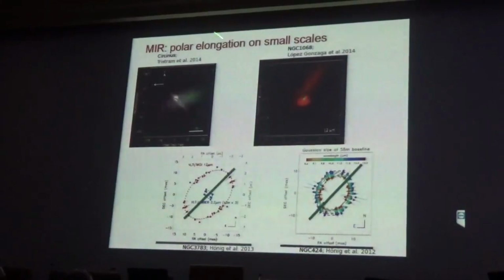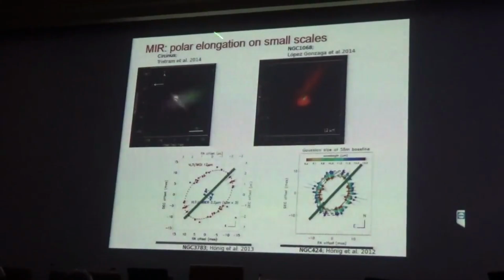These blue lines are indicating the ionization cone in optical, so the narrow line region. So what you would expect is that the dusty torus is oriented perpendicular to it, in this direction. But what is interesting is that in this direction we see only a thin component that is contributing only 20% of the mid-infrared flux, while the majority of the flux, 80%, comes perpendicular to it. So